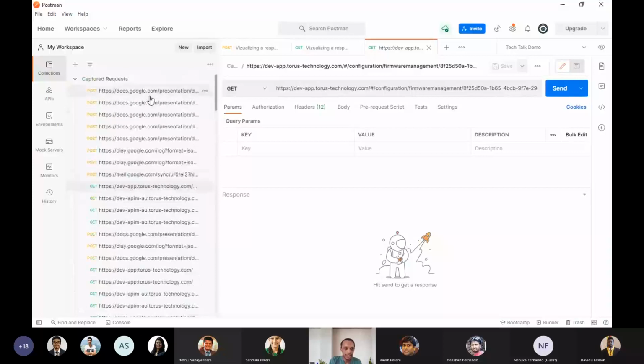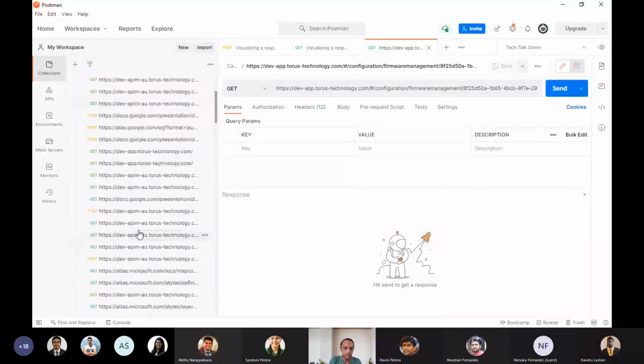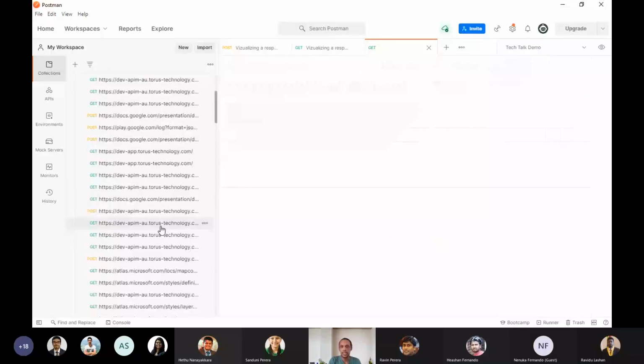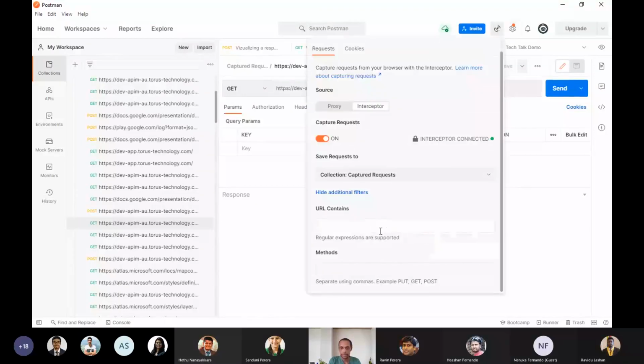As you can see, there are so many unwanted API requests as well. For example, we will not need this play.google.com and stuff. We'll only need the Taurus technology related API calls. So what we can do is copy the domain, and we can write a regular expression here, or else we can just write the simple text here like this, and